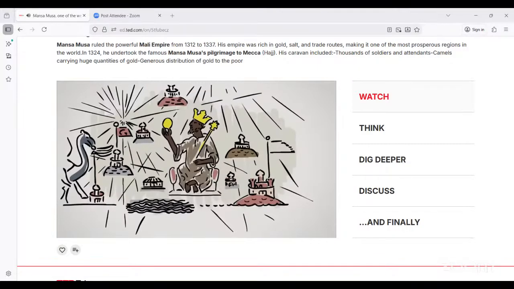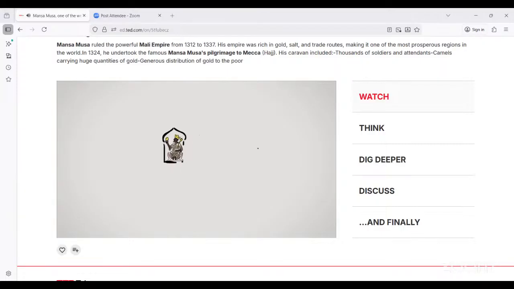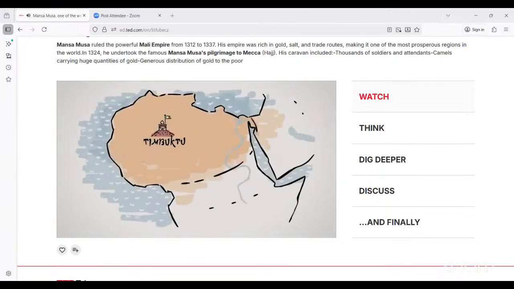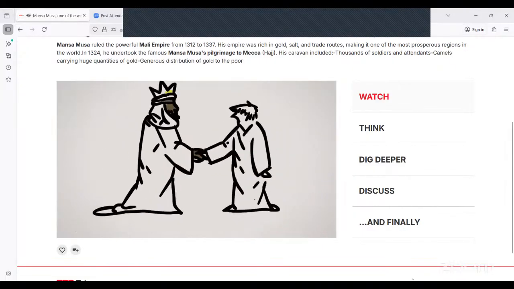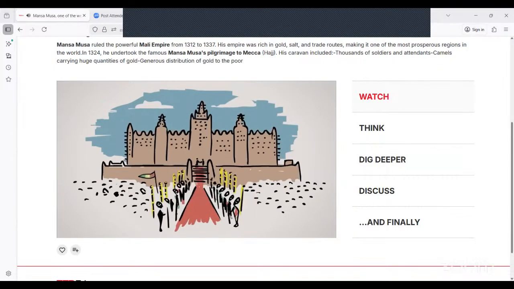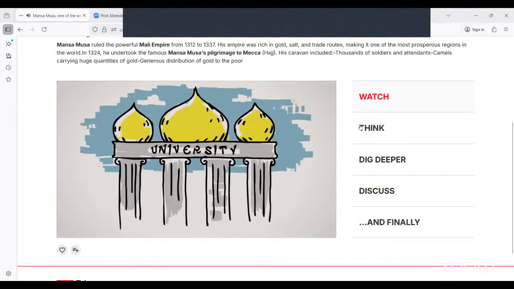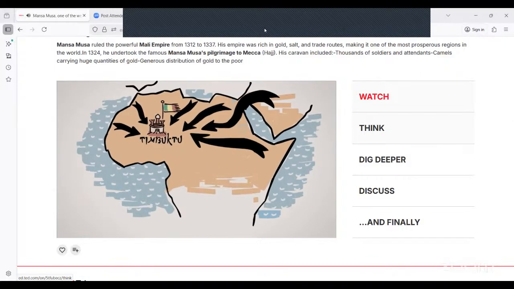But material riches weren't the king's only concern. As a devout Muslim, he took a particular interest in Timbuktu, already a center of religion and learning prior to its annexation. Upon returning from his pilgrimage, he had the great Djinguereber Mosque built there with the help of an Andalusian architect. He also established a major university, further elevating the city's reputation and attracting scholars and students from all